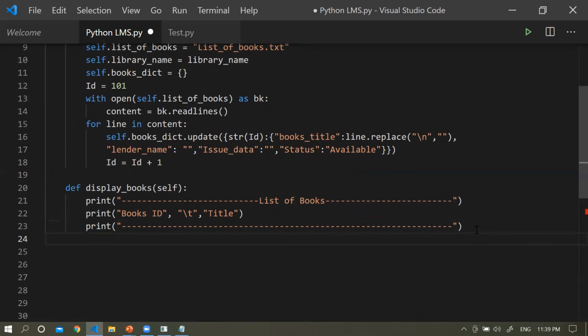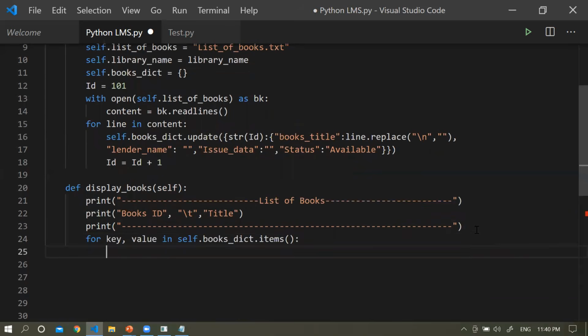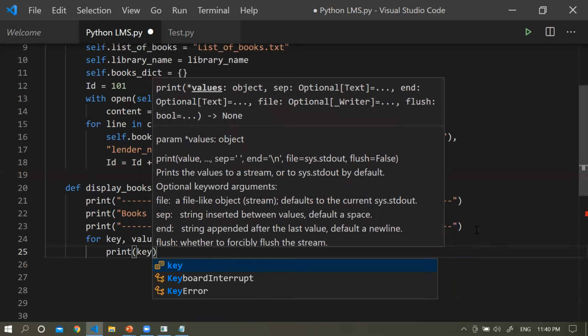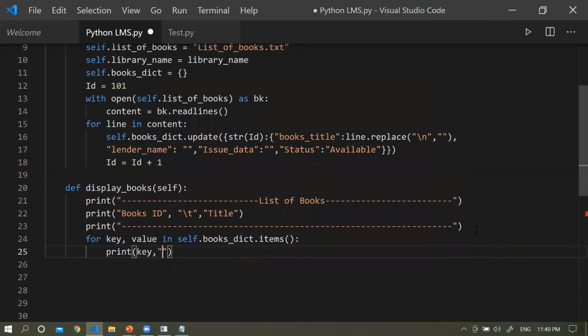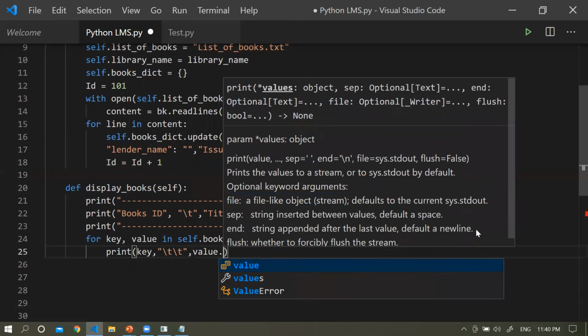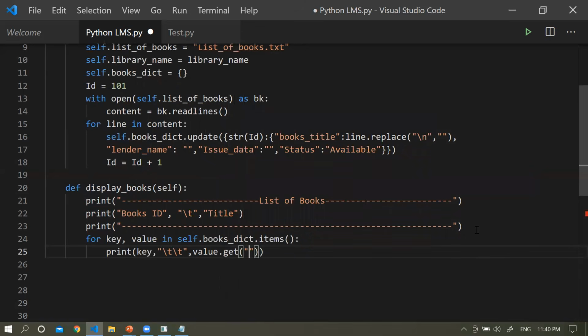And guys, we need to assign a loop over the books dictionary. Okay, so how can we do that? I want the key of the dictionary and I want the value of the dictionary in self.books dictionary dot items. Fine, simple. I'm going to assign a loop over the dictionary. So what I want is the key. It means I want that particular book's key, and after that I'm going to assign 2 times of /t and /t, and the value dot get. Okay, I want the book's title,